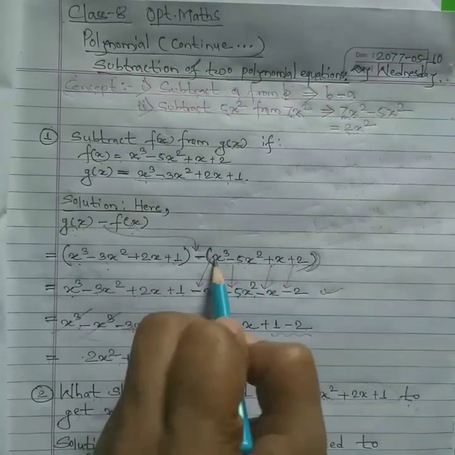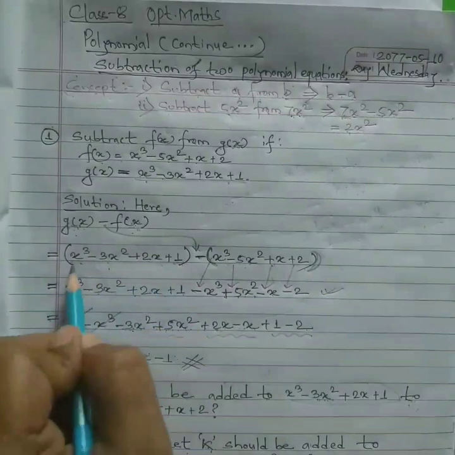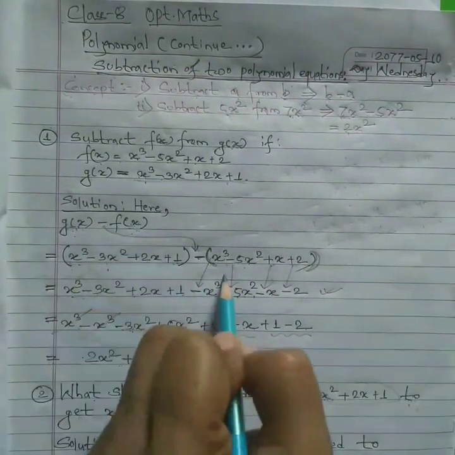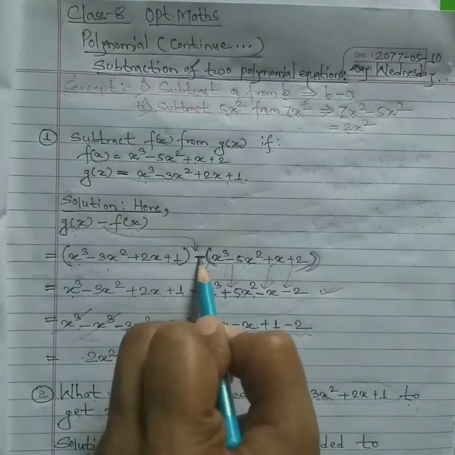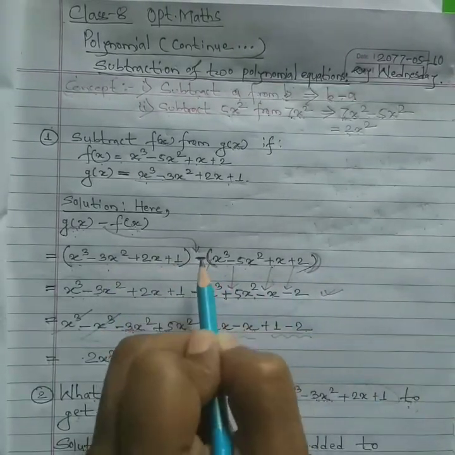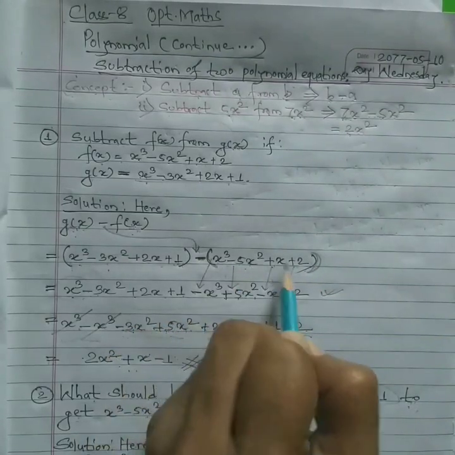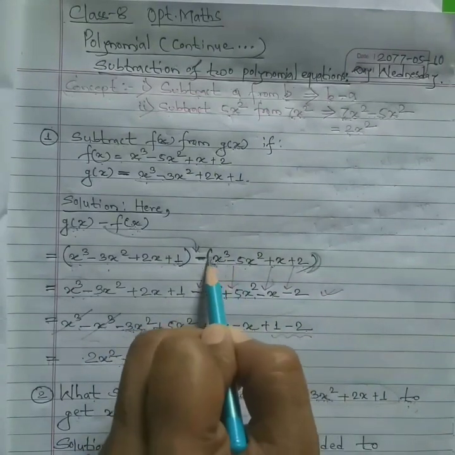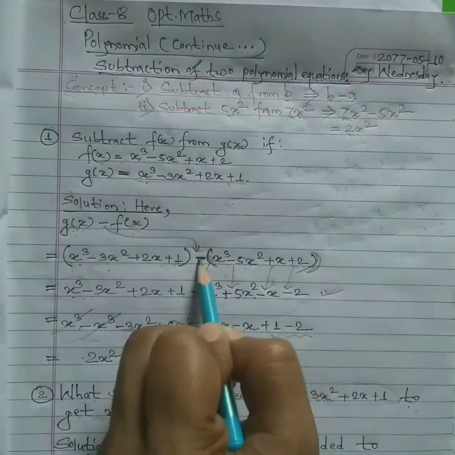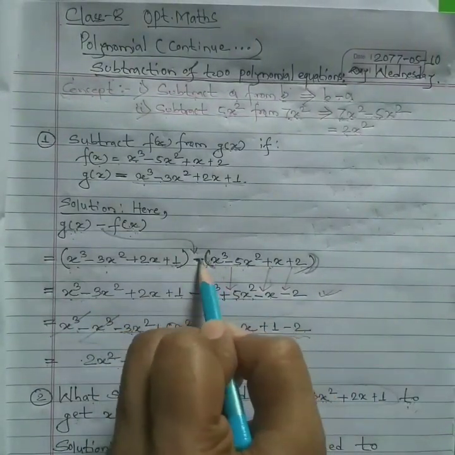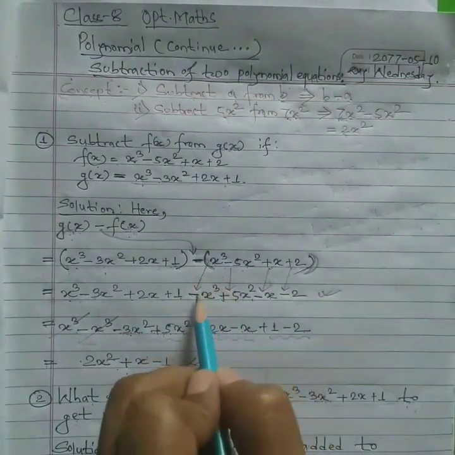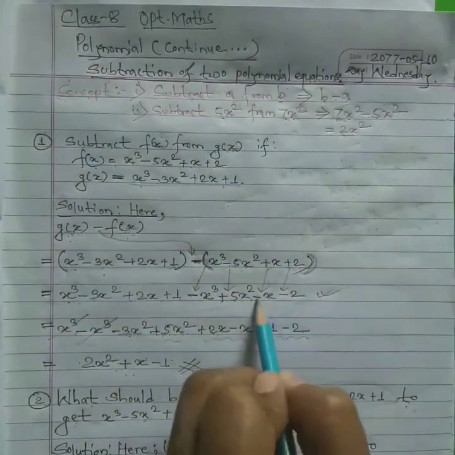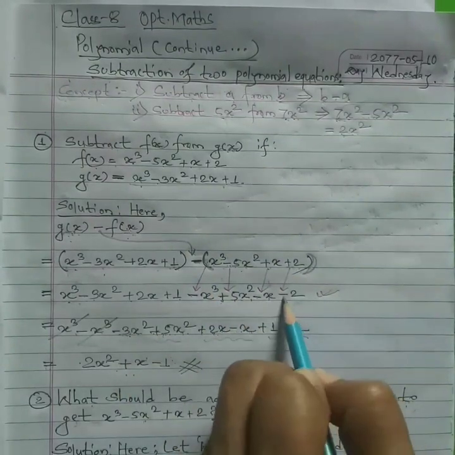After this, in the second step, we will open the bracket. Here we can simply remove the bracket, as there is a positive sign. But in the case of f(x), at first there is a negative sign, isn't it? That is why, while opening a bracket with a negative sign, we always change the sign of the terms inside the bracket. The sign of x cube here is positive, so the positive sign gets changed into negative, because a negative sign always changes the sign of the terms inside the bracket. Similarly, minus changes to plus 5x squared. Here it is positive, so it's minus x, and here it is a positive sign, so it's minus 2.